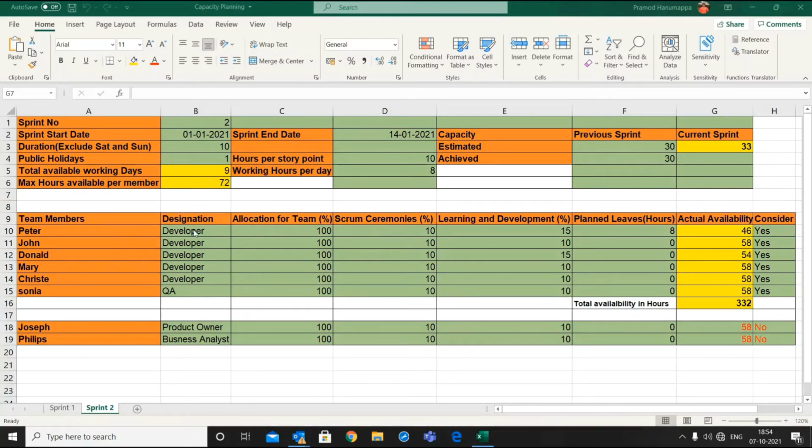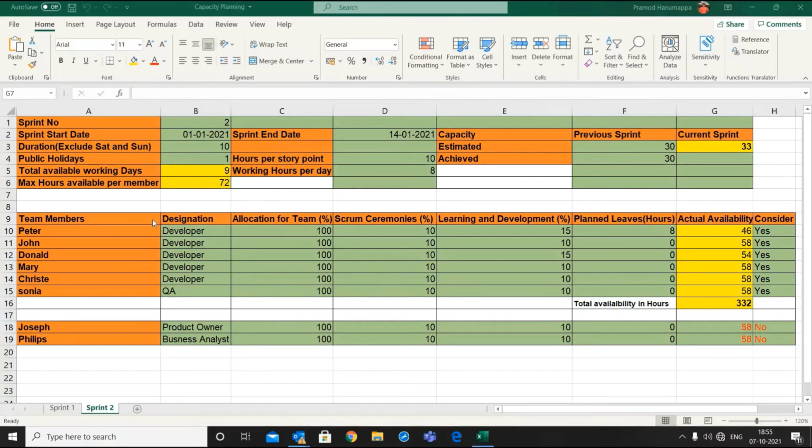Now, let's say there are 5 developers, 1 QA, 1 product owner and 1 business analyst in the Scrum team. Generally, the product owner and the business analyst capacity will not be considered, but it is good to have their record in the sheet.